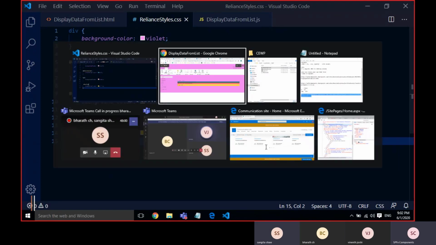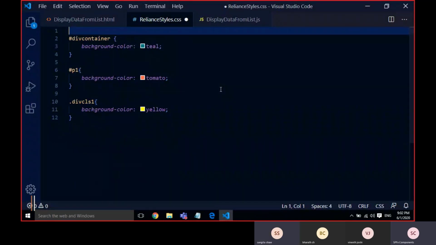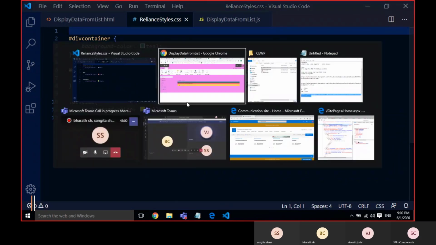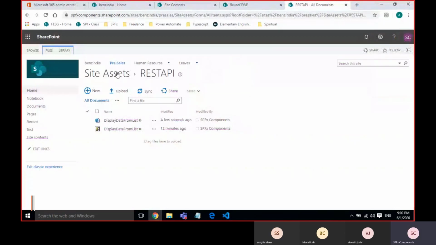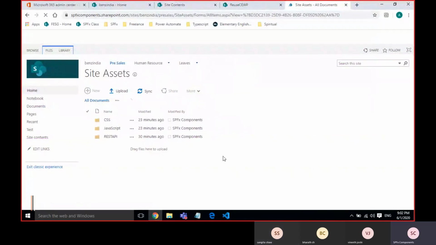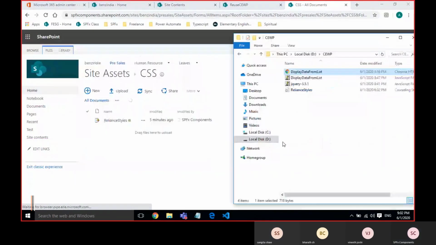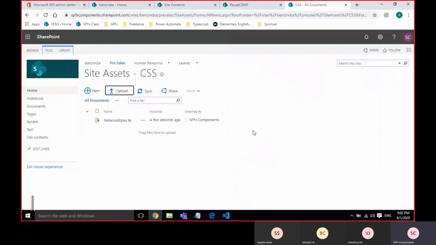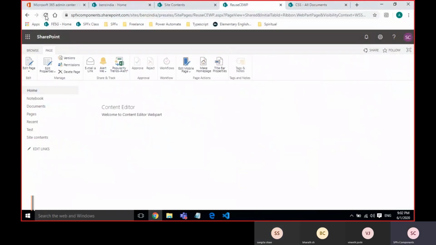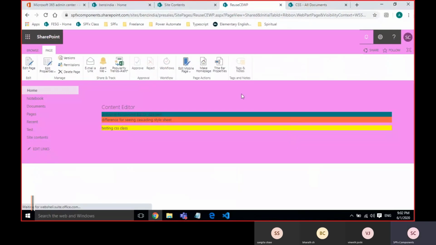Sure. Okay, so I'm just removing it. Again, I'm just showing, if something was changed, then how to do that. So my CSS was updated, so I'm just replacing it.